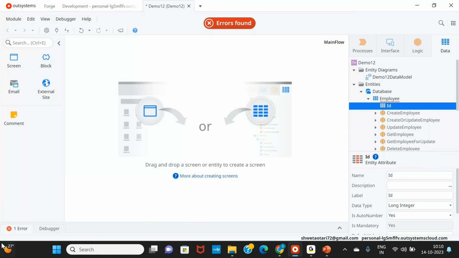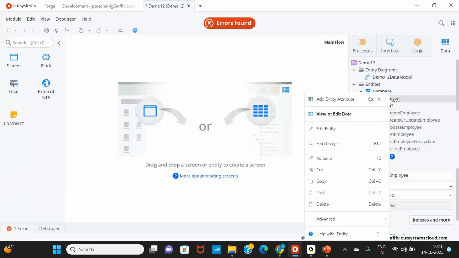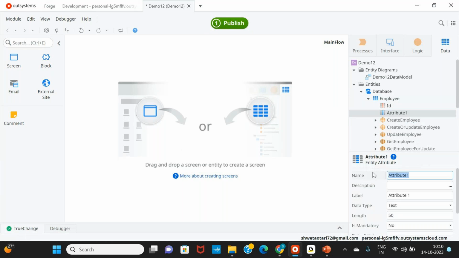Let's see what the error is. Here on the error tab, just click on it and it will show you that Employee cannot be exclusively composed of an attribute with Is Auto Number set to yes. So it is telling us to add new attributes to my employee entity. So how can you add? Just right click on the employee entity and add entity attribute. So here you can create employee